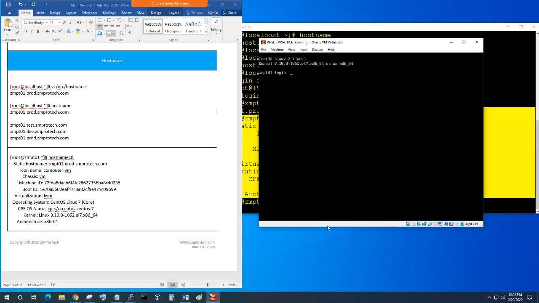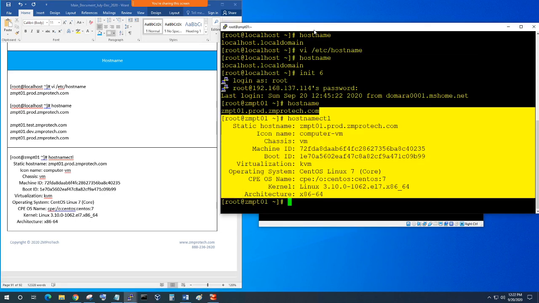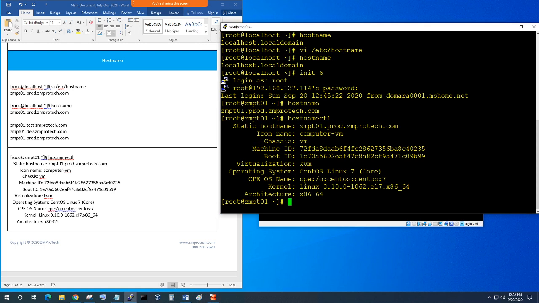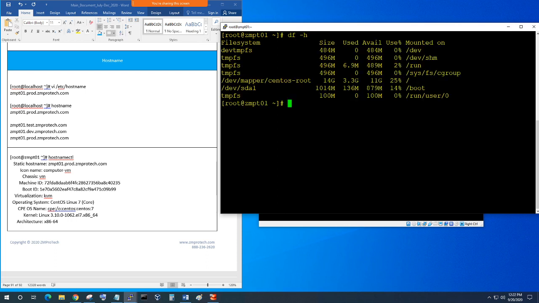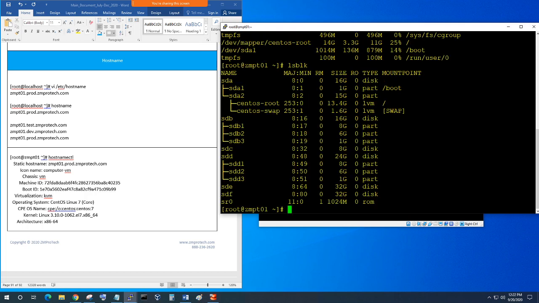So what I'm going to do is I'm going to shut this down, and then I'm going to make a clone out of this. Before that, I'm going to destroy all the disks in here. Okay, lsblk. I want to destroy all the 3 disks. How do I do that? Easy way